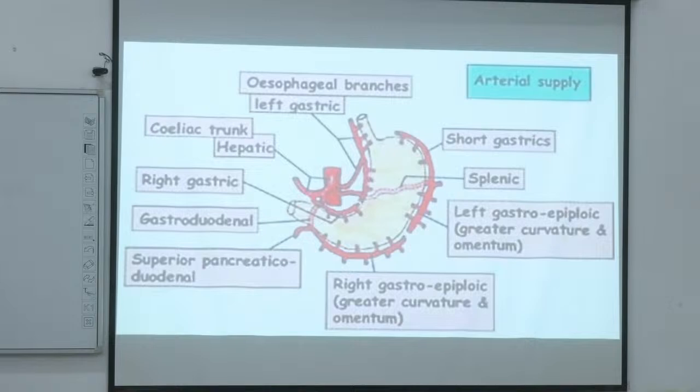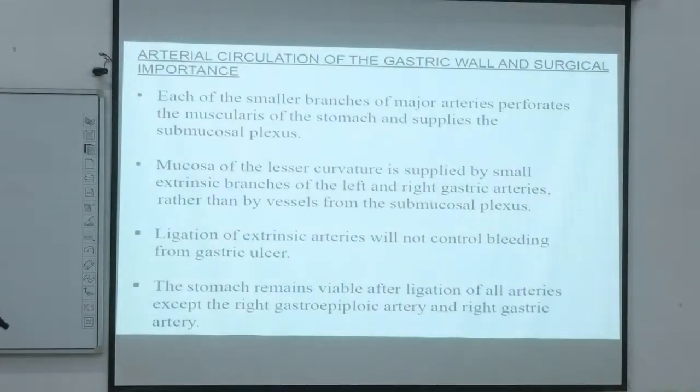Then the common hepatic artery gives the hepatic artery proper, the right gastric and the gastroduodenal. The gastroduodenal again gives the right gastroepiploic and superior pancreaticoduodenal. The right and left gastroepiploic lie along the greater curvature, supplying the greater curvature and the omentum. Okay, so these are the arteries supplying the stomach, and sometimes the posterior gastric artery is also present. Next, you have to practice a schematic diagram of the blood supply of the stomach. Okay, understood? Okay, now